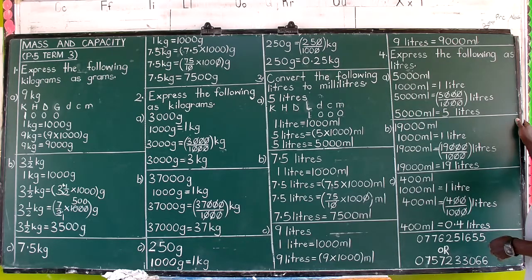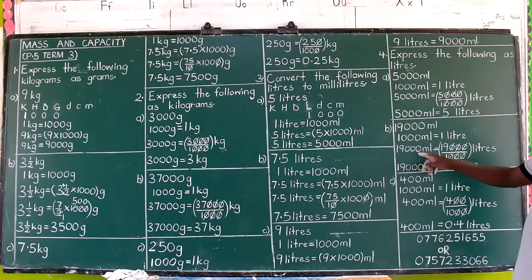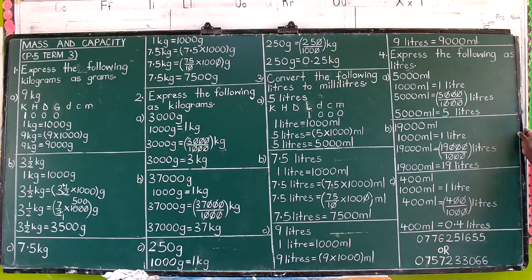So we are just emphasizing in B and C. So let's see. Express 19,000 milliliters to liters. You say 1,000 milliliters are equal to 1 liter. What about 19,000 milliliters? That's 19,000 out of 1,000 liters. And then cancel, please. We are dividing by 10 by 10, by 10 by 10, get 19 divided by 1, get 19 liter capacity. So 19,000 milliliters are equivalent to 19 liters.